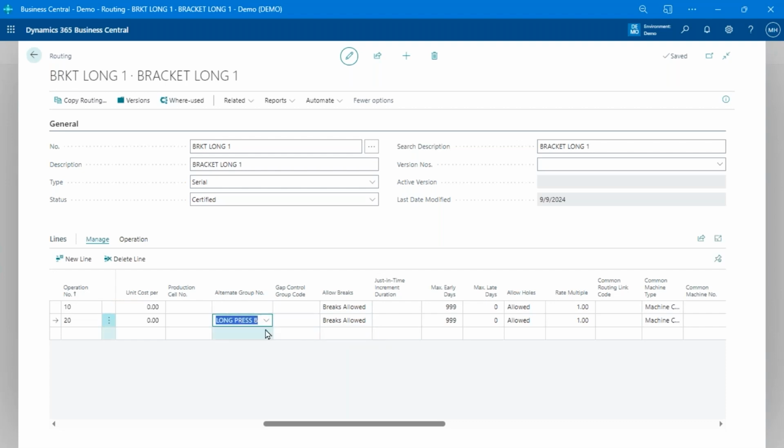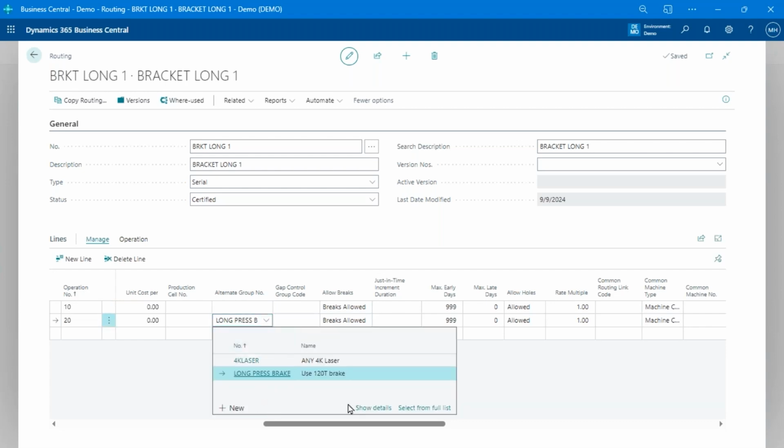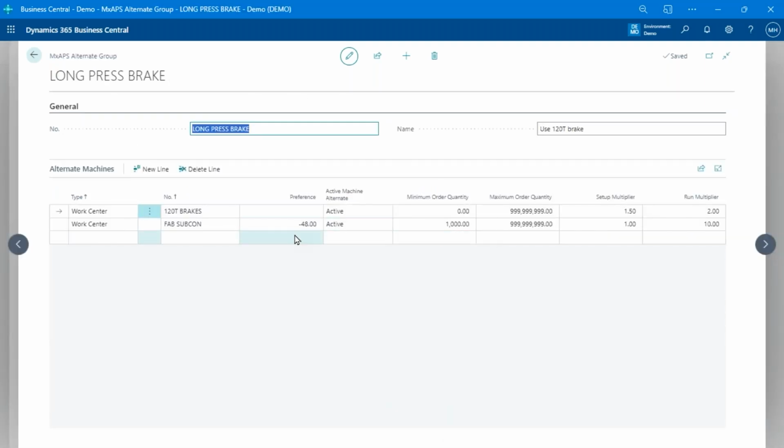But what I wanted to focus on here is this alternate, right? So what we did was we said, yes, for this particular component, we're going to run it on that 10-foot press brake. But we're also going to say, you know what, there's options. You could also potentially run that work on this particular machine here, but it takes longer to run and it takes longer to set up. So the rate on this is slower than my preferred machine. But this might be a valid choice if my preferred machine is not available.